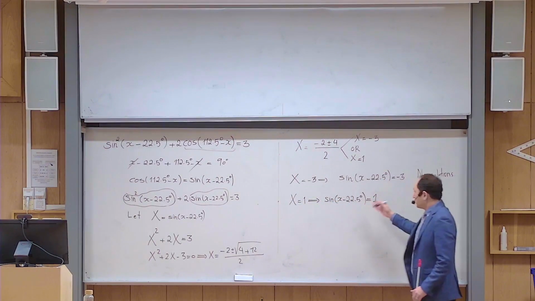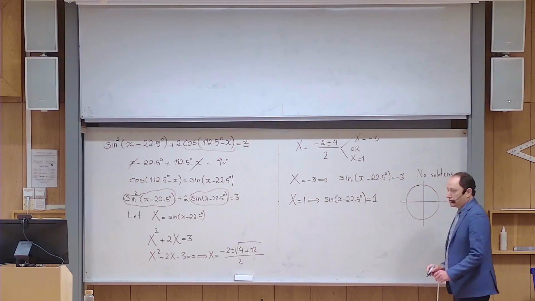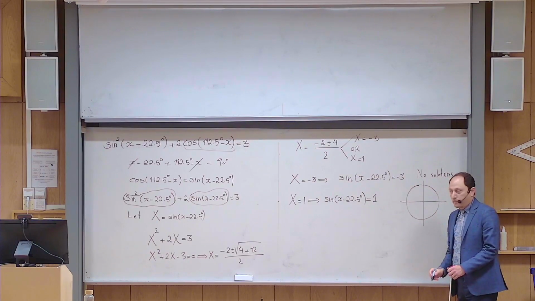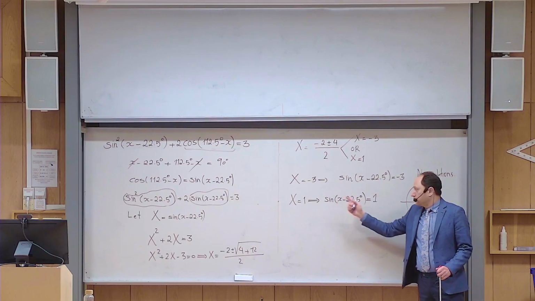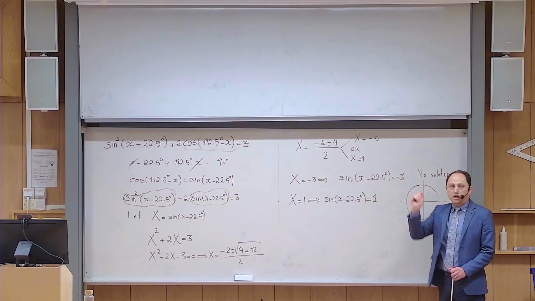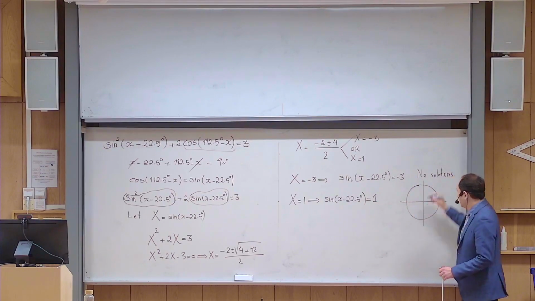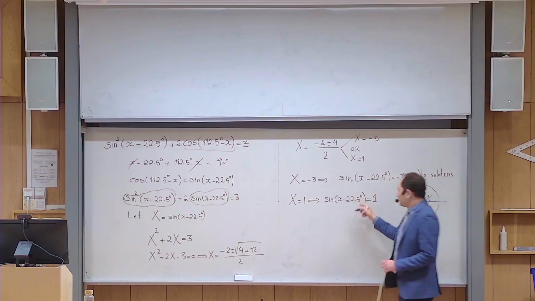But where sine is equal to 1, either you use the formulas that you had in the lesson, or you can just visualize it on the unit circle. You know that sine is the y-coordinate, and you want to have the y-coordinate of a point of the unit circle to be 1. There is exactly one point with that property, and that is this point, which corresponds to 90 degrees. So x minus